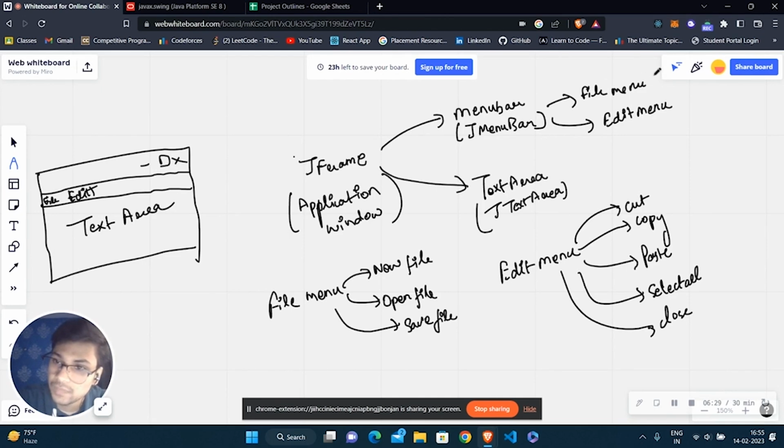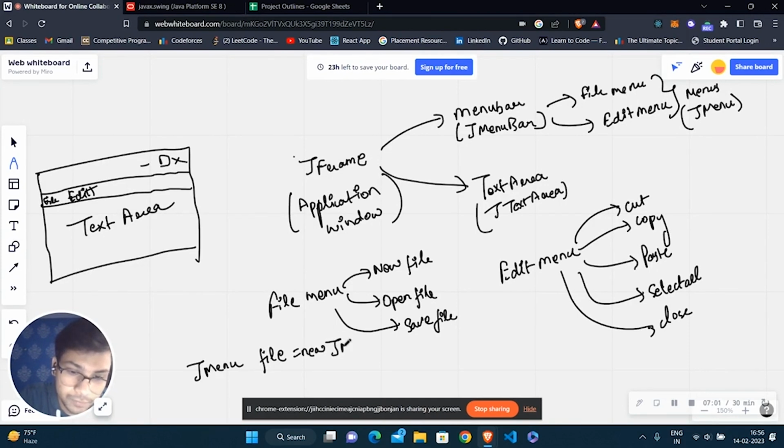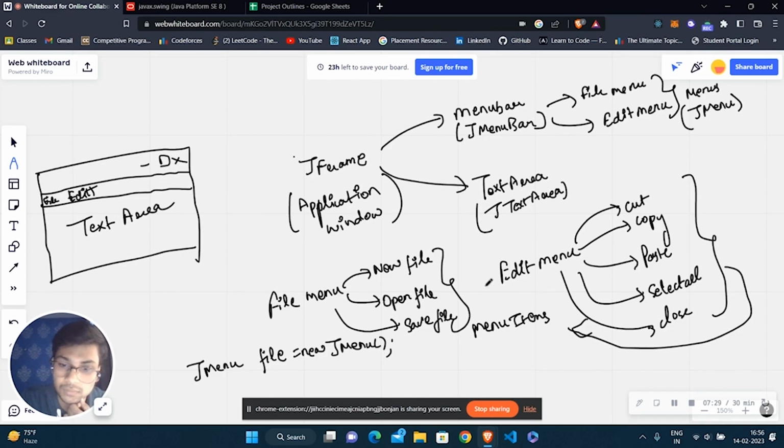So these that we have discussed here are called menus, and the class that we are going to use inside the Java Swing is JMenu. We will be creating an object of these classes. We will be declaring something like this: JMenu file equals new JMenu. Similarly, we are going to declare the edit menu like this. And what are these called? These are called menu items, and the class that we are going to use is JMenuItem.